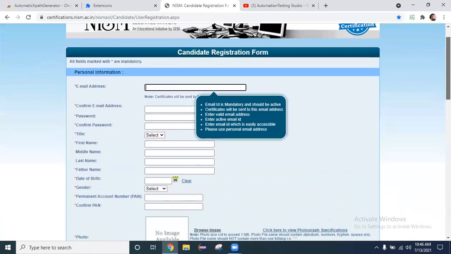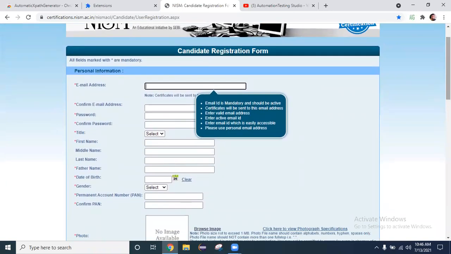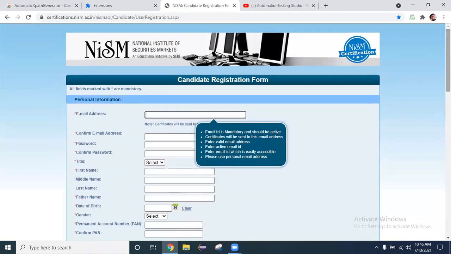Sometimes you'll get bored also writing so many XPaths so many times. So assume if you have a lot of pages with the same number of elements, it will be hectic, right?